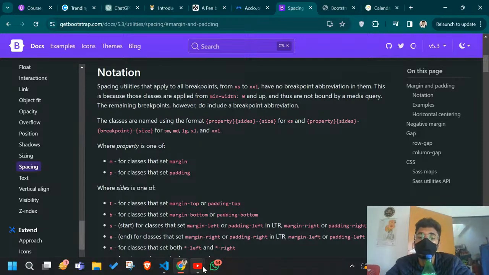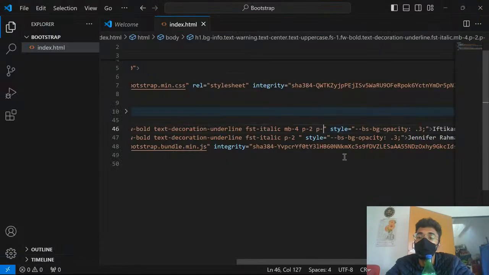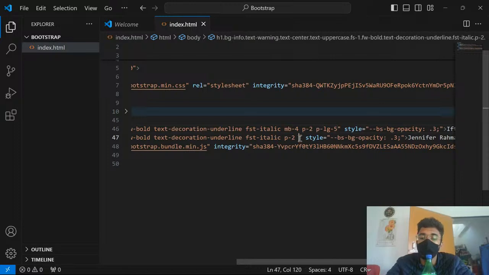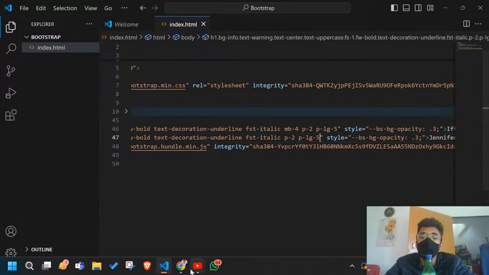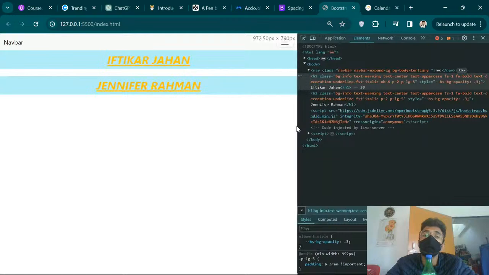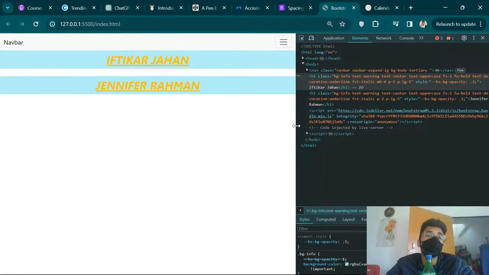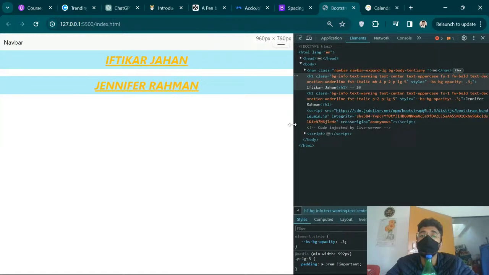ब्रेक पॉइंट दूंगा मैं लार्ज। लार्ज देता हूँ ब्रेक पॉइंट, ठीक है। मैं चाहता हूँ कि लार्ज में पैडिंग 5 आ जाए। सिमिलरली यहाँ पे भी पैडिंग लार्ज 5। अब क्या होगा पता है? मैं आपको दिखाता हूँ। लार्ज से जितने भी बड़े होंगे सब में पैडिंग 5 लगेगा। उससे छोटे में, ये देखो, लार्ज कुछ 900 पिक्सल के आसपास होता है। जैसे ही आप उस पिक्सल को रीच करोगे ये आपको 5 का पैडिंग दे देगा।